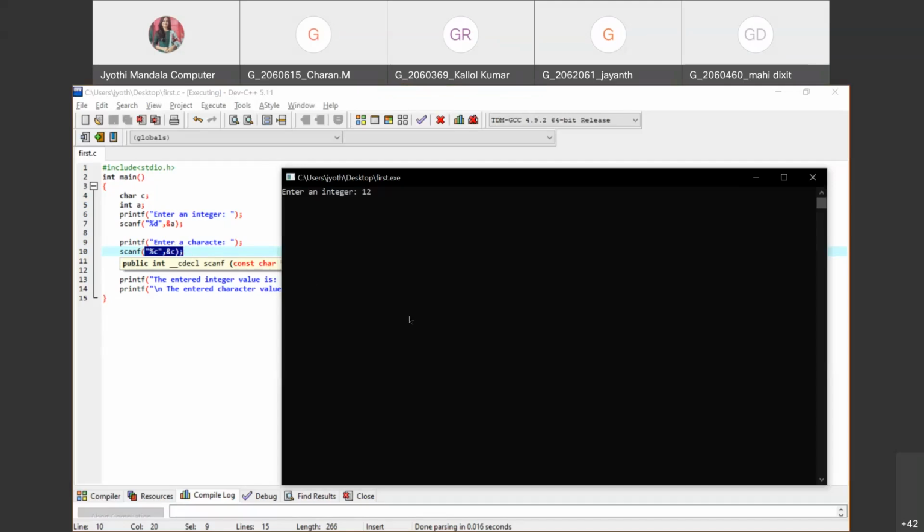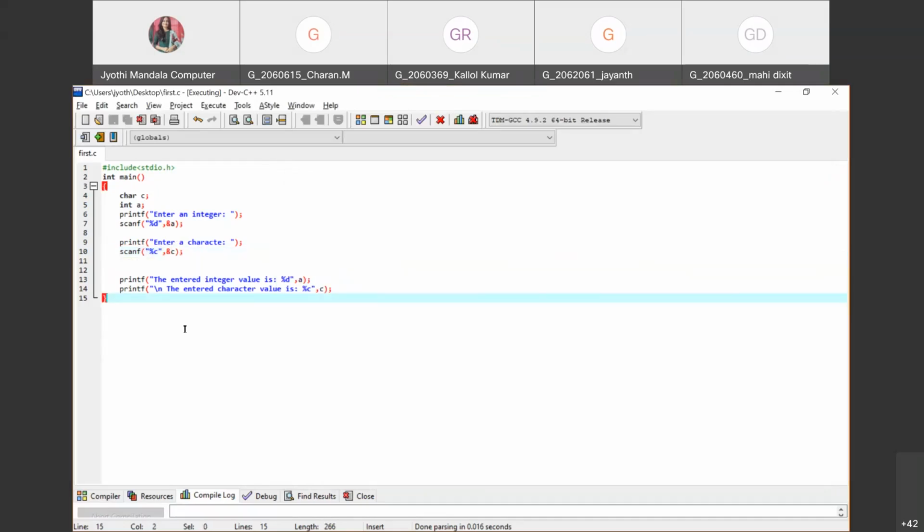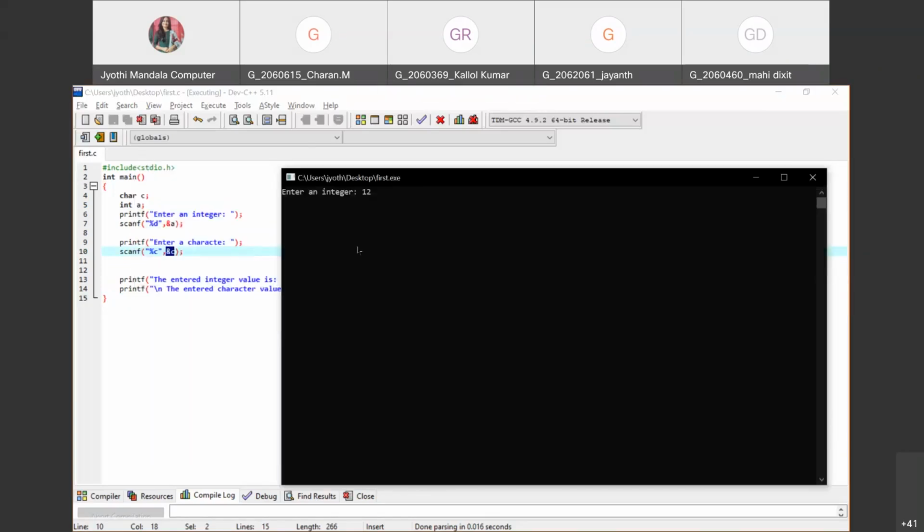So that's why it is taking that enter button into that C variable, and it is not waiting for the user to enter any new character. So you want to give X. So that's why it is not waiting for that one. What is the reason behind that? The enter character, whatever is stored in the input buffer, has already been taken by the compiler and stored in C. That's why it is not waiting for the user to give one more input. It is not asking for one more input because it has already been given one input. That is what is happening.